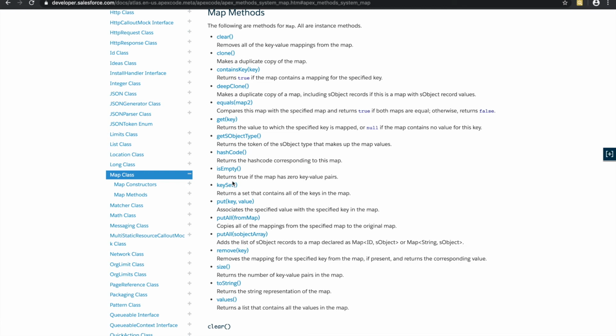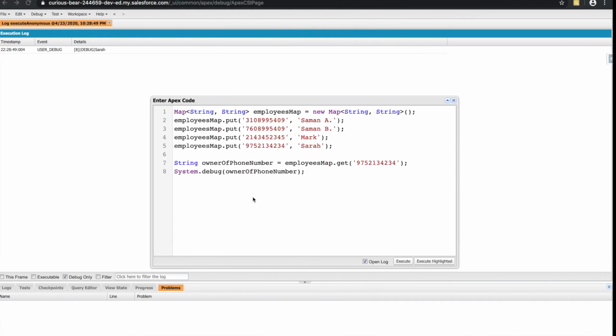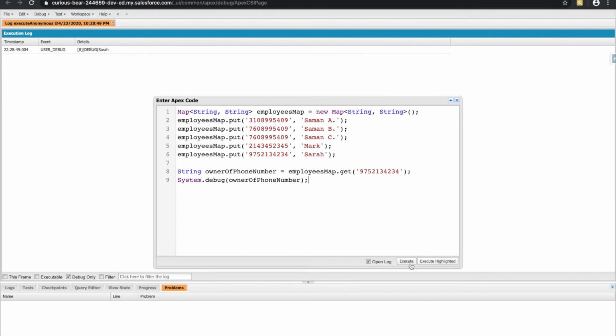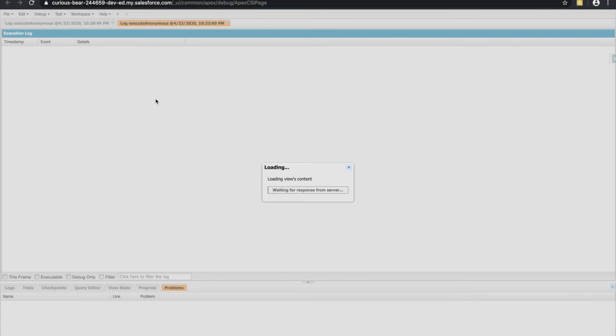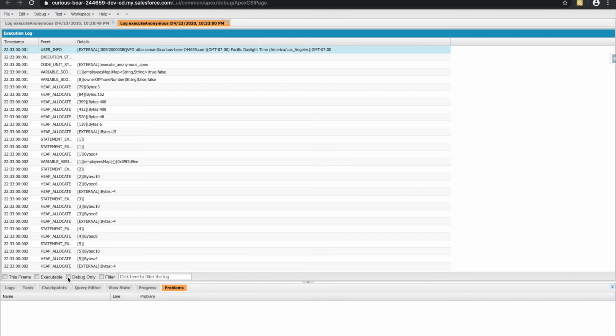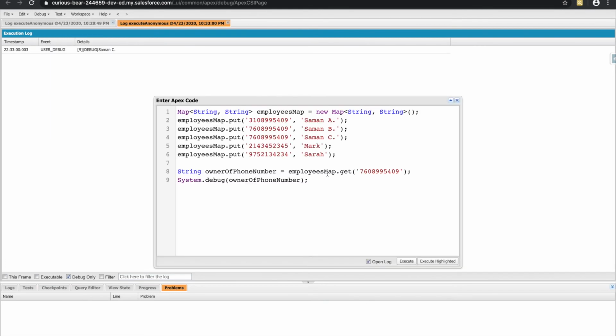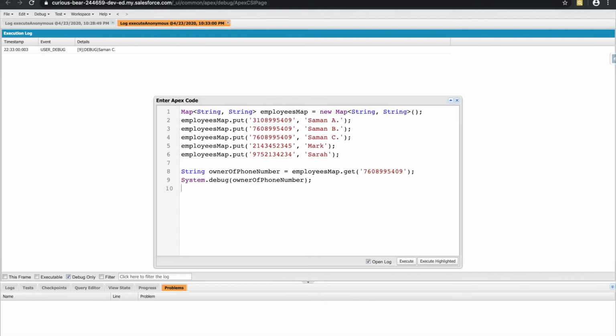See, I used the wrong word. I said a list, but it's really a set of all the keys in the map. And the reason it's a set is because, let's see what happens if I try to create a duplicate. It got Sam on C, right? How come it didn't get Sam on B? Well,